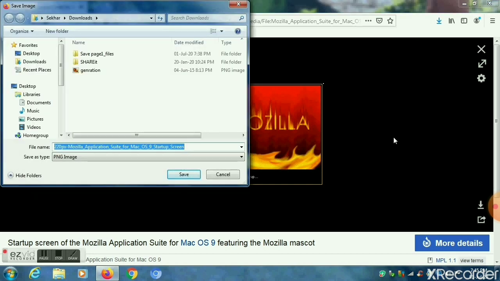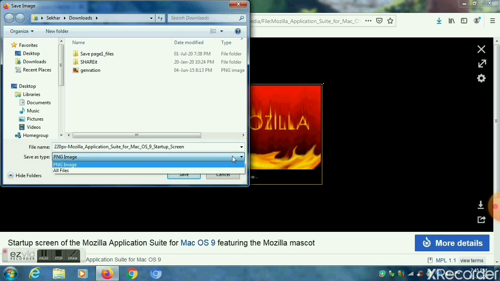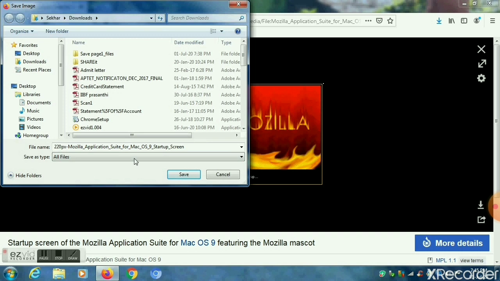Once you right click the image, a shortcut menu is displayed, and you will find one more option, Save image as. It is showing you the file name, and below it is showing you the Save as type. So it is a JPG image. So now you give the file name,